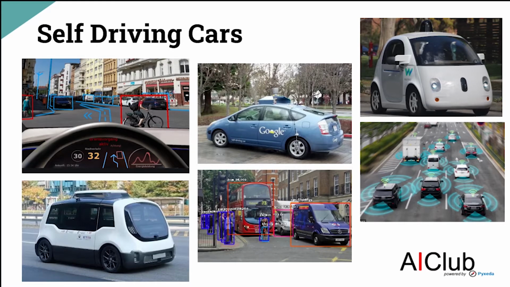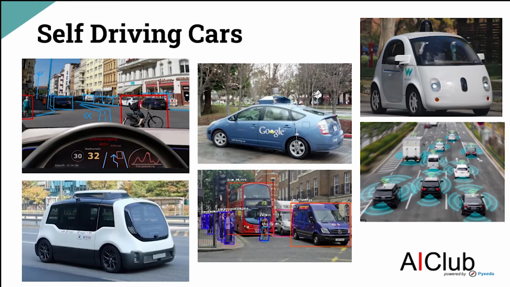In this particular slide, you can see a picture of a self-driving car prototype from Google, another one from a company called Waymo. You also see pictures of the kind of things that self-driving cars have to do in order to drive without human assistance. Self-driving cars use lots and lots of different types of AI, and in this video, we're going to try to give you a bit of a feel for the types of AIs that are used inside self-driving cars and why